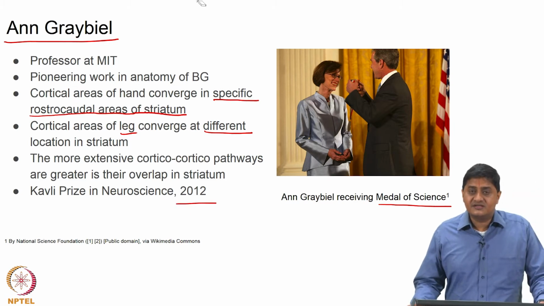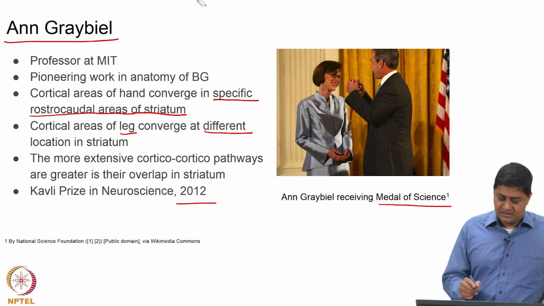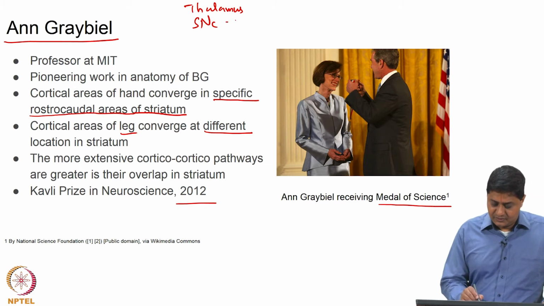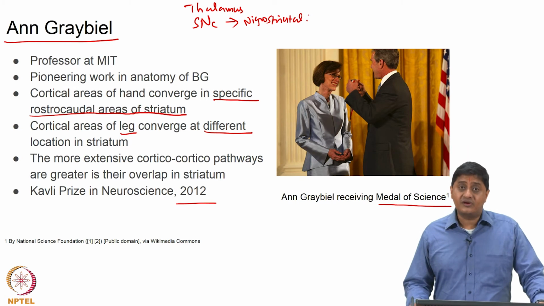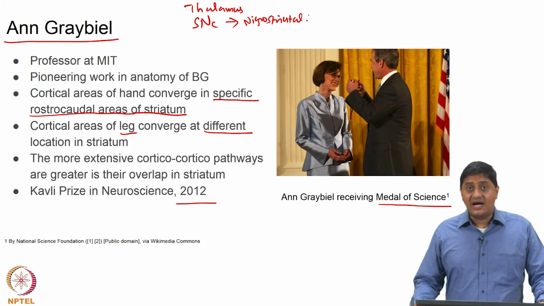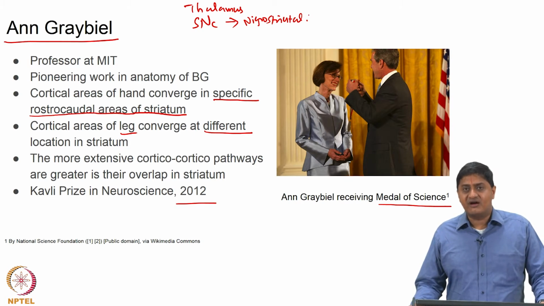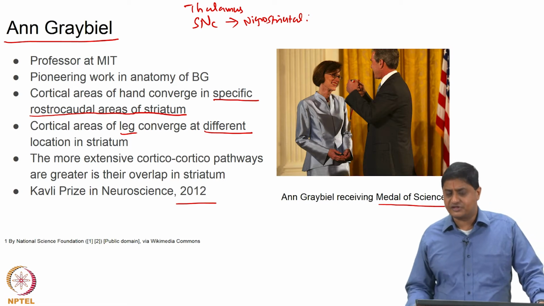Before we move on, let us discuss what are the other inputs received by the striatum. These are inputs coming from the thalamus and substantia nigra pars compacta, right. So, this is also called the nigrostriatal pathway. After all, this is a very important network, a very important pathway for basal ganglia function, right. Other than the cortical inputs, there are also inputs received by the striatum from the substantia nigra pars compacta that have a profound influence on basal ganglia function.